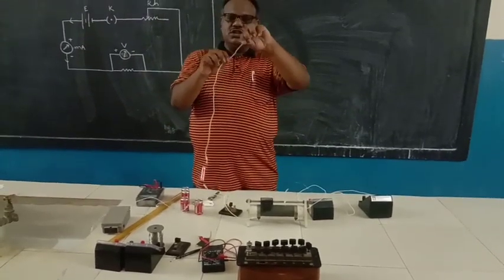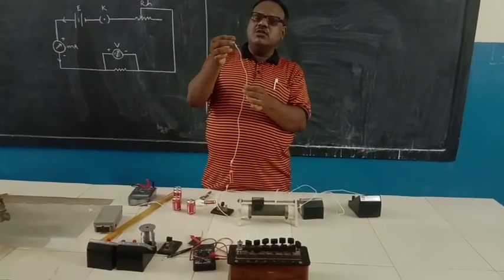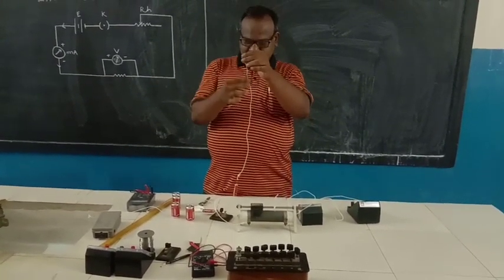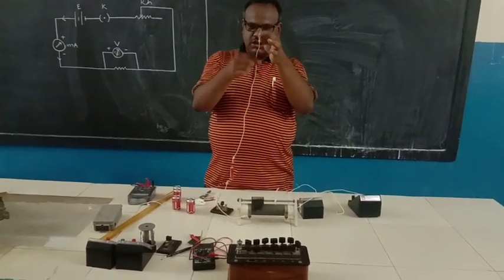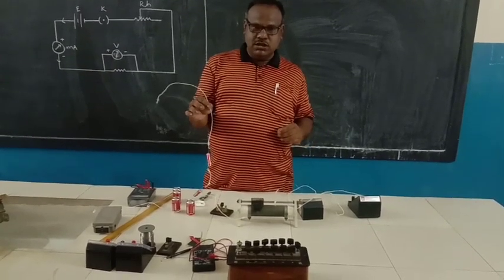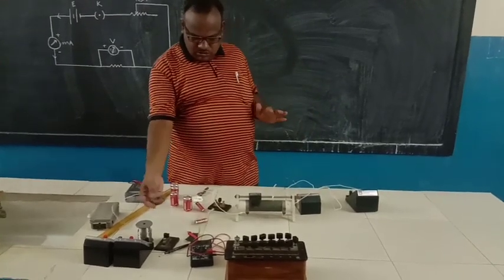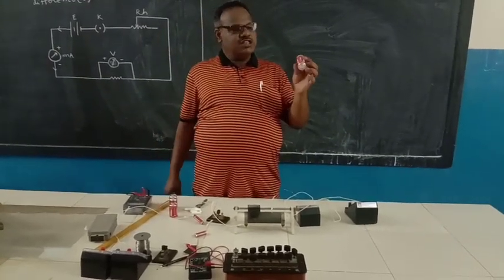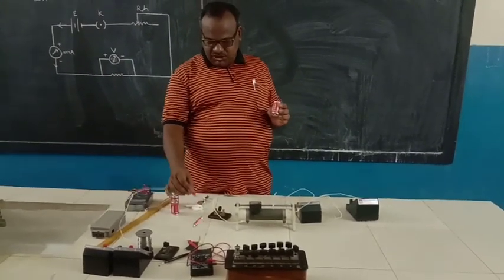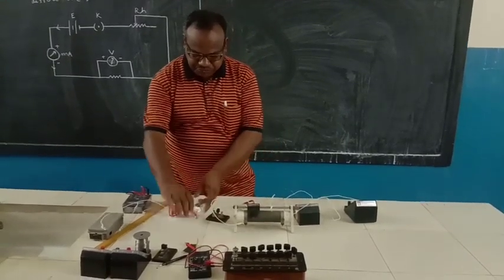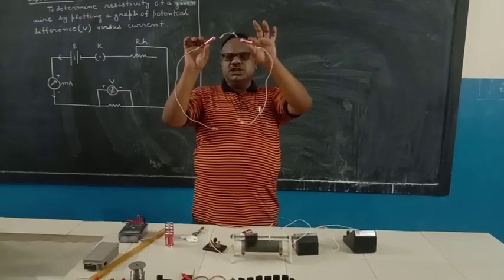This type of wire is called a DCC wire. It has a very high value of conductivity, so when I connect it between two terminals, its resistance is negligible. These are the connecting wires we use in the electrical circuit for the best quality of the circuit. Now this is the cell, a dry cell of 1.5 volt. This is the bigger one and this is the pencil cell. I have connected two pencil cells here in series, and the combination of two cells is called a battery.